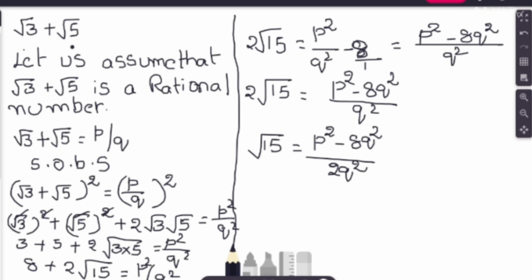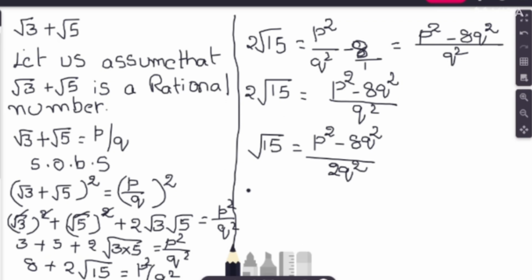So this is the proof of root 3 plus root 5. This is very important in the state board. In section 3, a 6-mark question is compulsory, and they will give this method. But we may not get the same numbers; the procedure is the same for everything. They may change the numbers. Instead of root 3 plus root 5, they may give root 3 minus root 5, root 2 plus root 7, anything. But the procedure is the same. First we have to assume, and after this we have to conclude also.